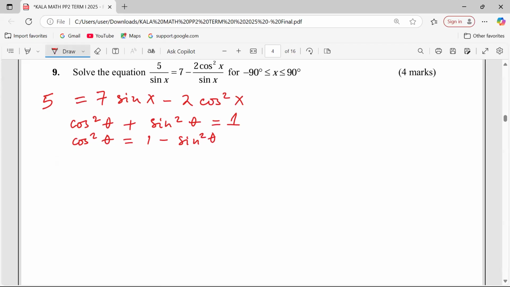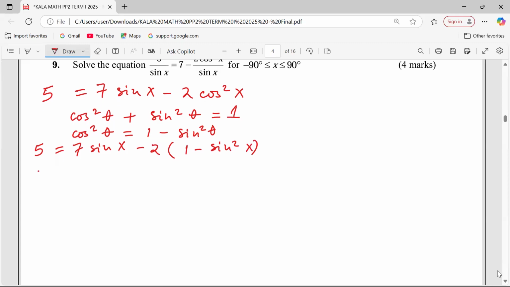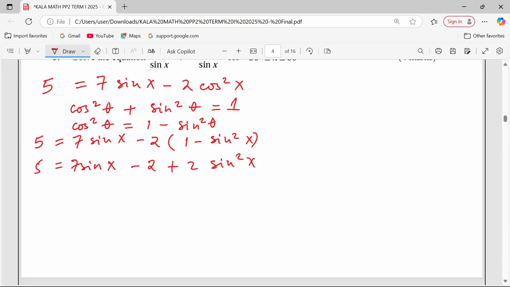And therefore, we need 5 equals 7 sine x minus 2, and instead of cosine squared of x, now we shall have 1 minus the sine squared of x. At this point, we can say 5 equals 7 sin x minus 2 plus 2 sine squared of x. So this equation now can be